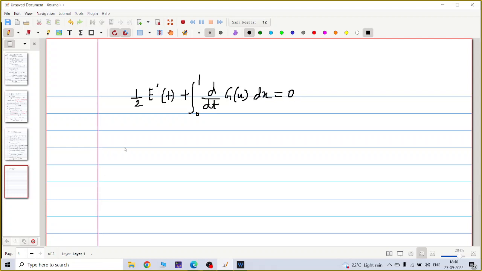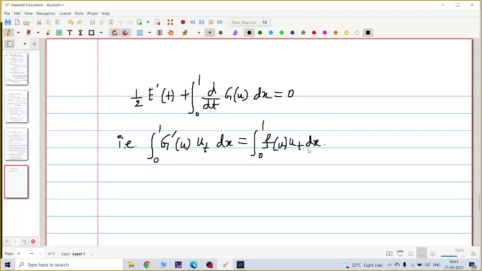So if I compare these two, I will get integral 0 to 1 g dash u into ut dx equal to integral 0 to 1 f(u) into ut dx,